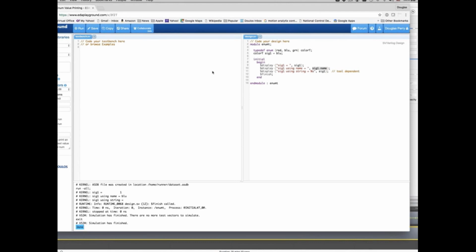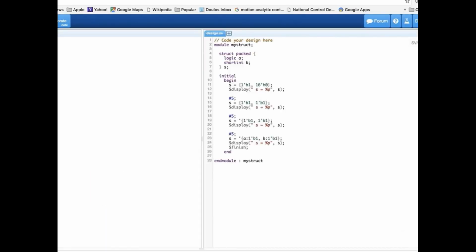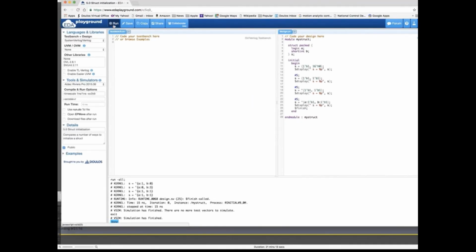Okay, so let's go ahead and look at this using EDA Playground. What we have, again, is our packed struct here, and we've got a logic A and a short int B. We're going to run it first using the 17-bit value, which will work just because it's 17 bits. Then we'll run it again using the 2-bit value and show you it doesn't work. And then finally using the assignment pattern for the last two. So if we go ahead and run this,